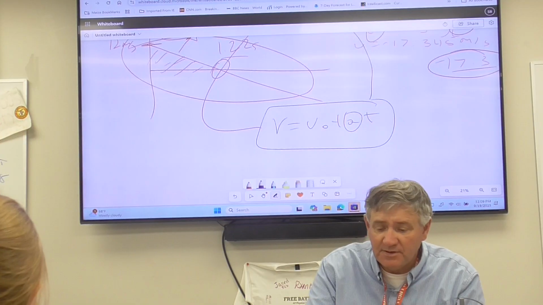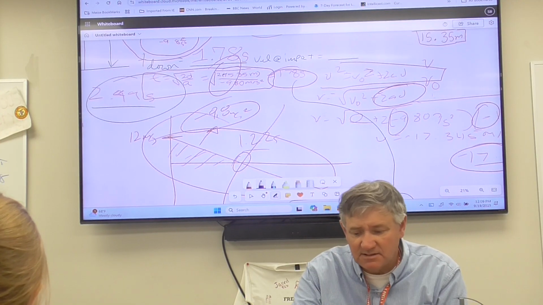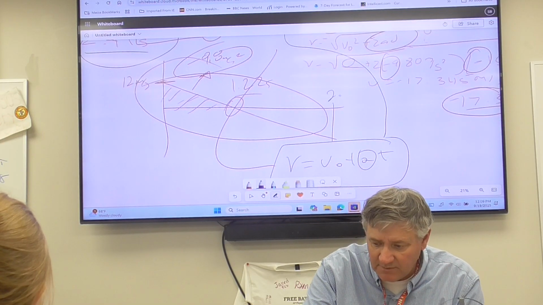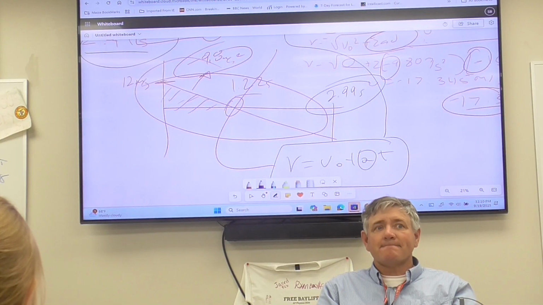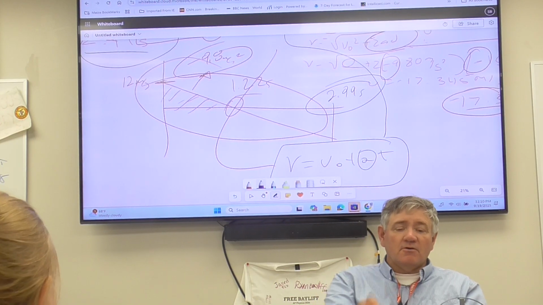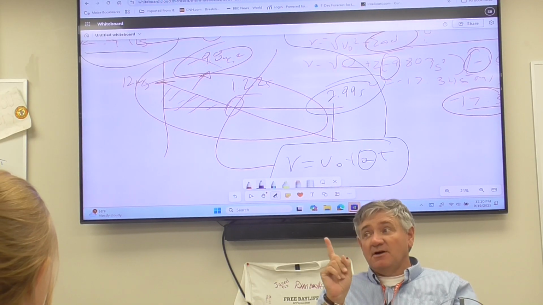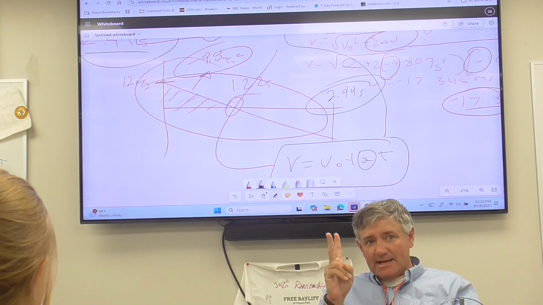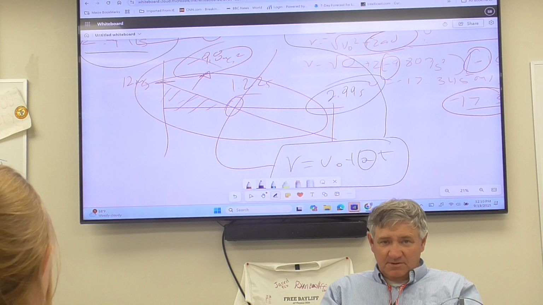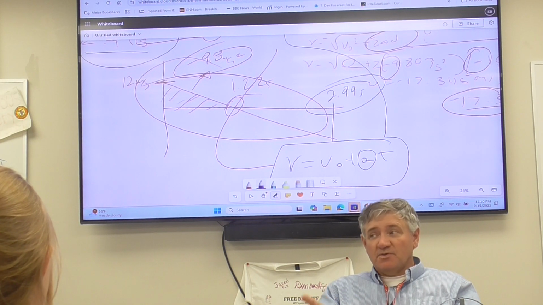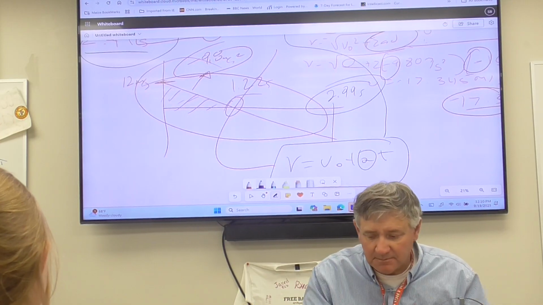Then your total time is just that 2.99 seconds. That's when it's going to hit. That would be your 2.99 seconds. It's like a running clock. Okay? Cool with that. So, here are the two big problems that I promised you were going to be on the test. That rocket problem and this ball off the building problem. Rocket problem is going to be the second to the last problem. The ball off the building problem is going to be the last problem.